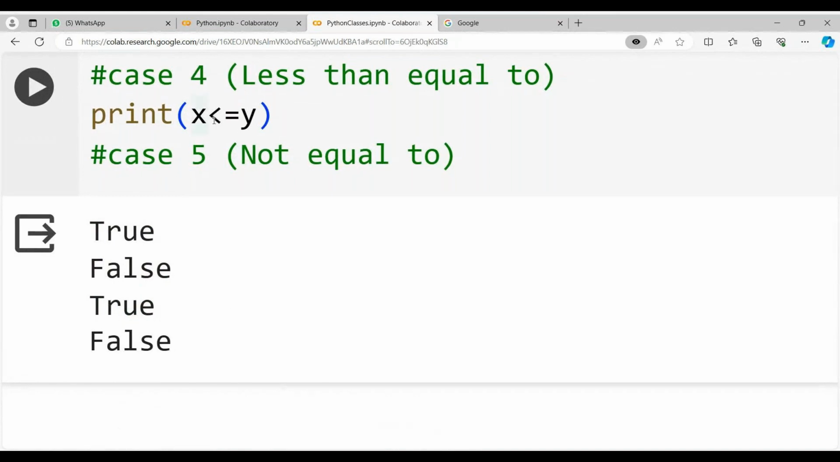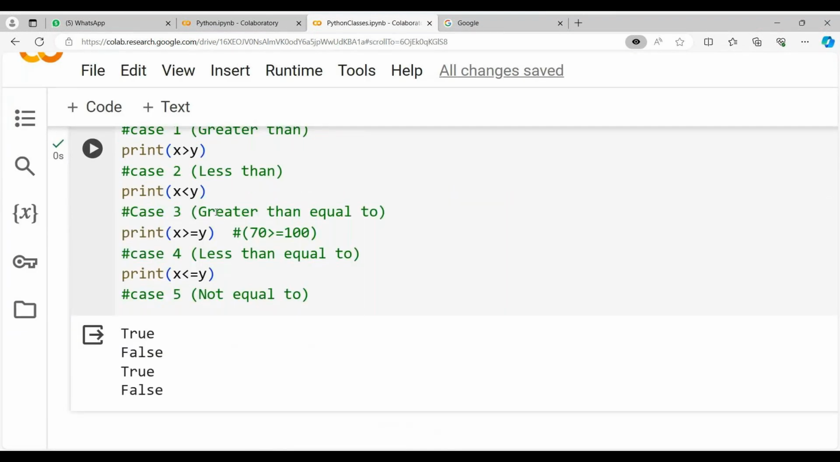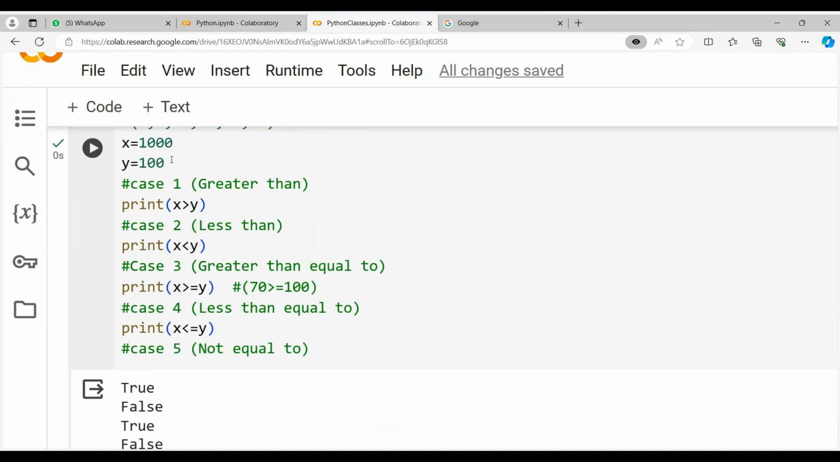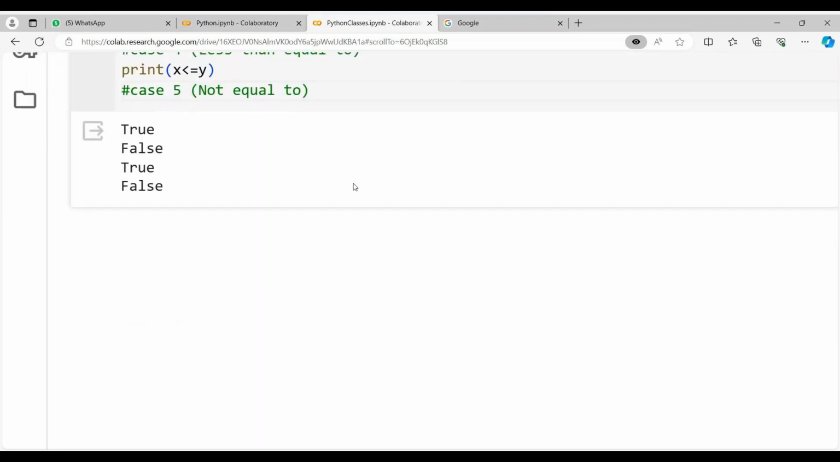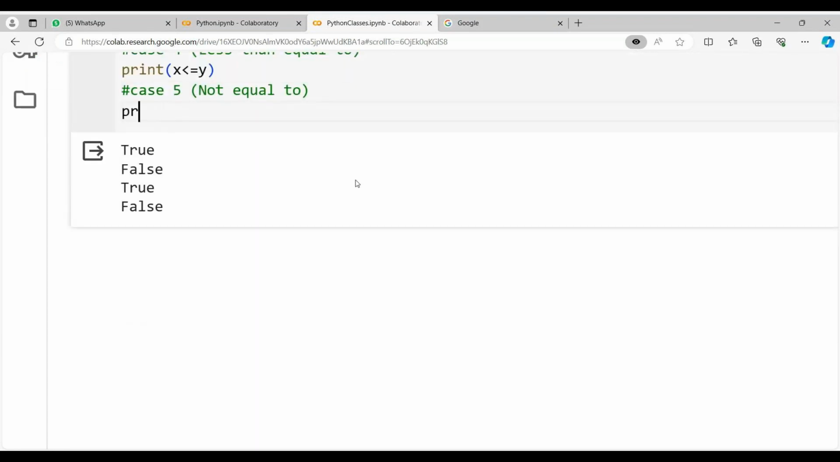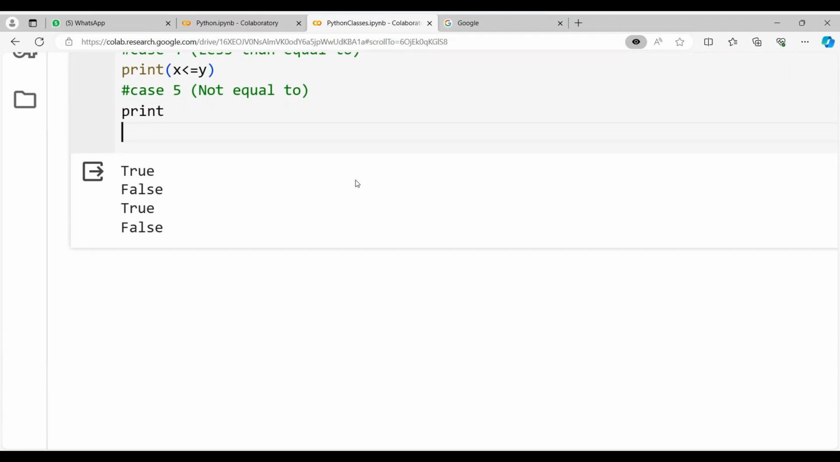Why? Because we are checking whether 1000 is less than or equal to 100, right? We changed the value of x and kept y. We are trying to check 1000 is less than or equal to 100. No, 1000 is a bigger number, greater than 100. So it has to be false. And that is the case. False, right? Now, fifth case, print